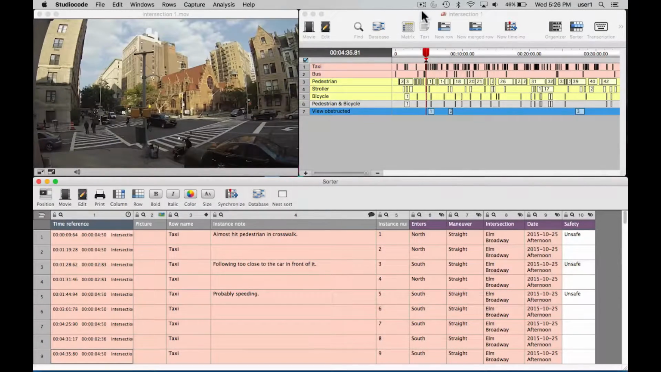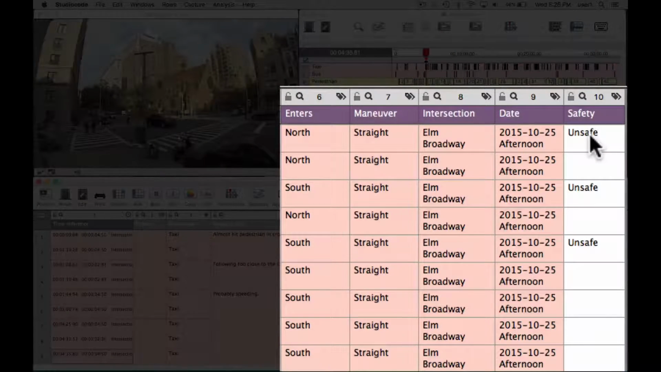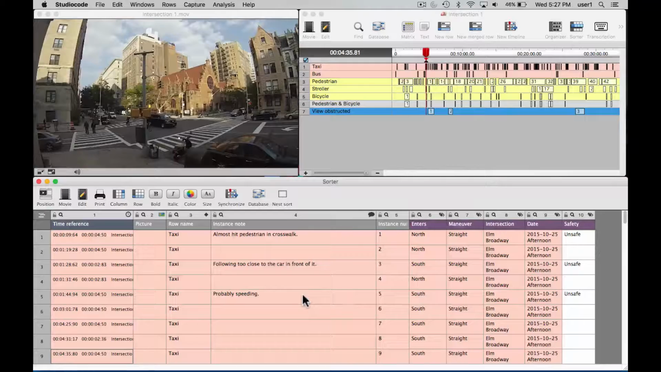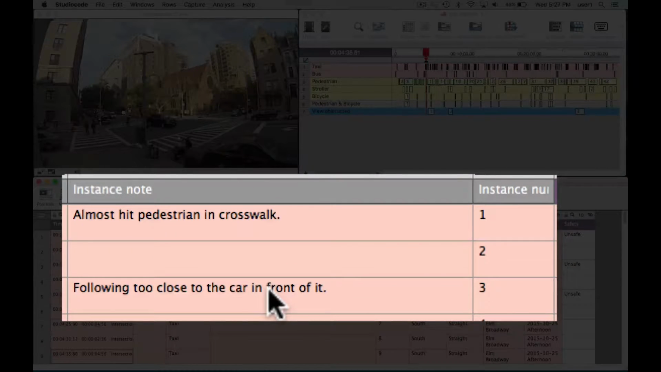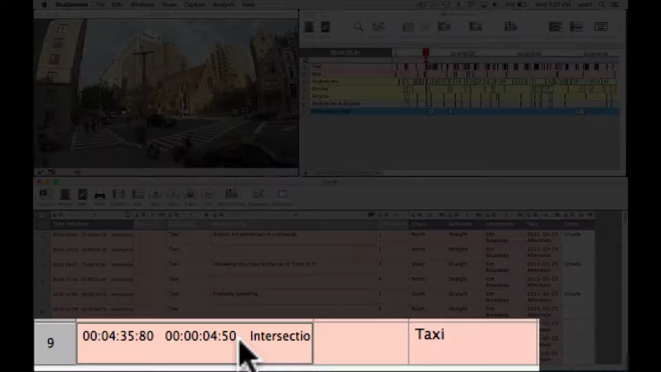Okay, after the magic of editing, let's draw your attention to the fact that I've added a new group column called safety and some labels that say unsafe for some of the instances that I feel are unsafe. And then I added a couple new instance notes that give me a little more information about why those instances are unsafe. And I changed the duration of this 9th instance back to